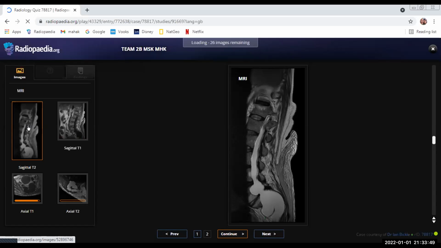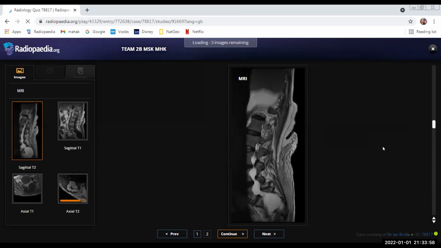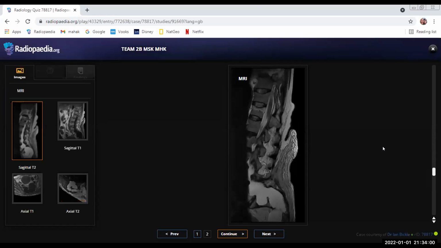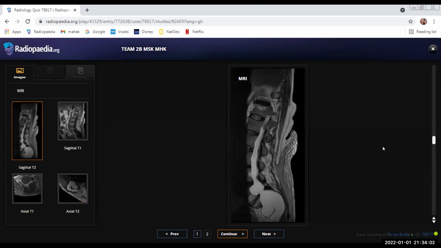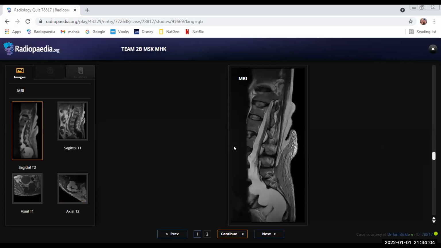Please describe the sagittal T2 weighted image only. Okay. This is the sagittal T2 weighted image of a lumbosacral spine, which is showing saccular morphology of the dural sac. I can see the posterior vertebral body scalloping. I'm looking at the cord. It seems to be terminating normally